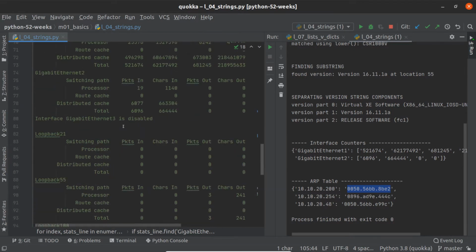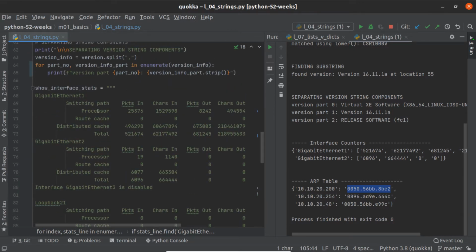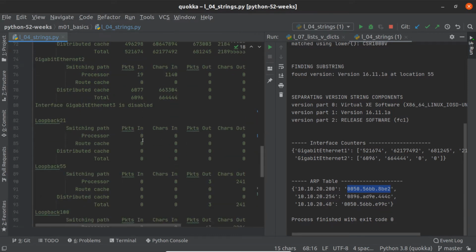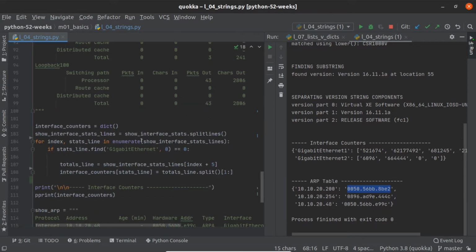So anytime I see gigabit Ethernet somewhere else, if it happened to be out here, I wouldn't match it, but if I match it at location 0 right here, so I'm matching gigabit Ethernet. If my line has this exact string, gigabit Ethernet, in it, then I want to do something. And what I'm going to do first is look at, here's my show interface stats